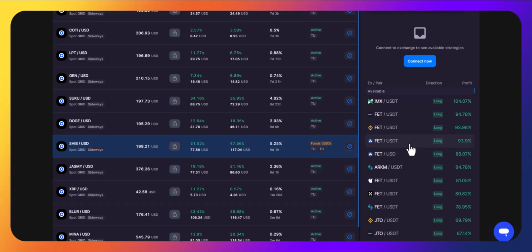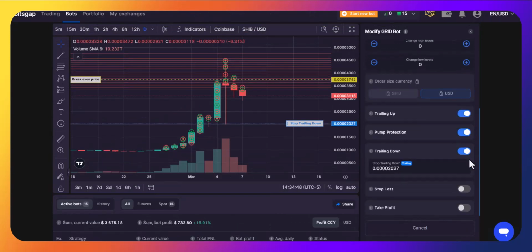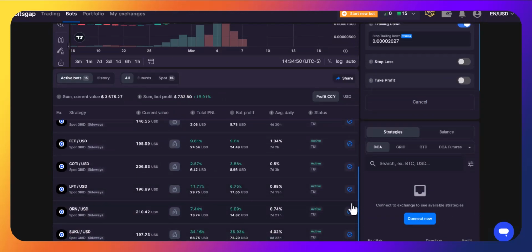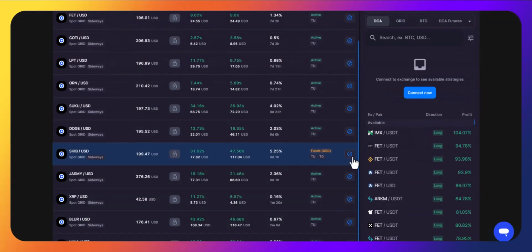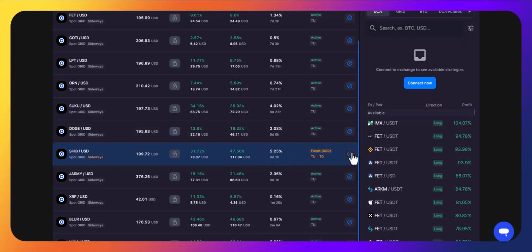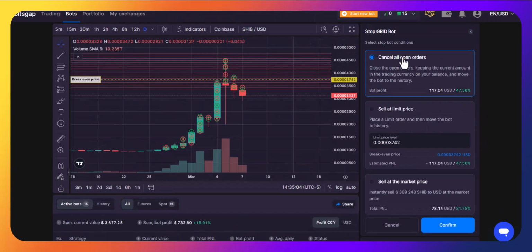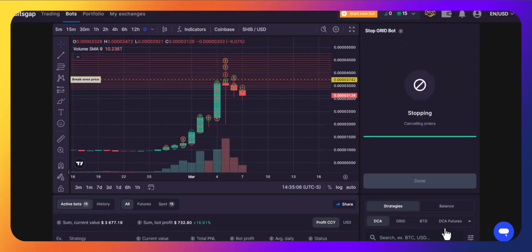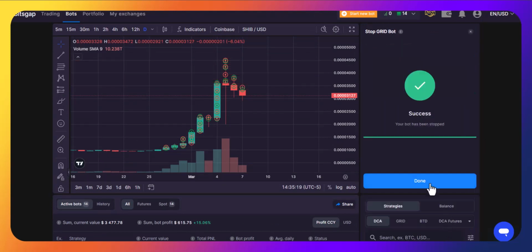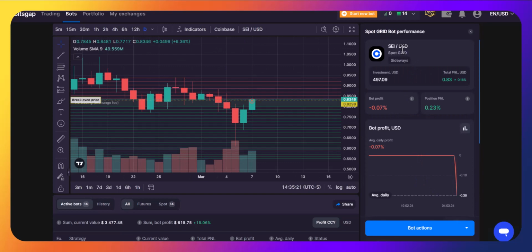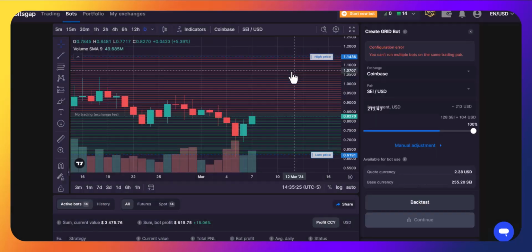But in this instance, I want the extra grid lines that we don't have, because this is 9 days old, and I want to take it out of a bear ideal into a bull ideal, a bull strategy. So we're going to do the same thing we did before. We're going to cancel all open orders and hit confirm. That's now done. We are now going to start a new bot,